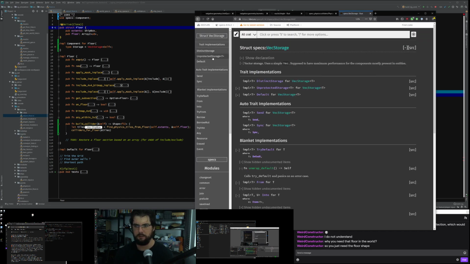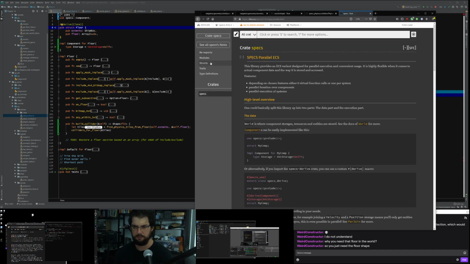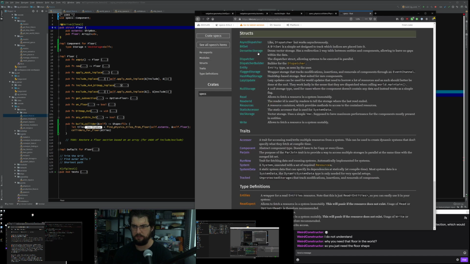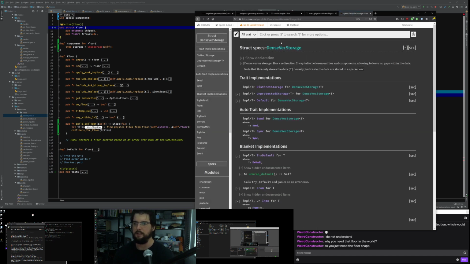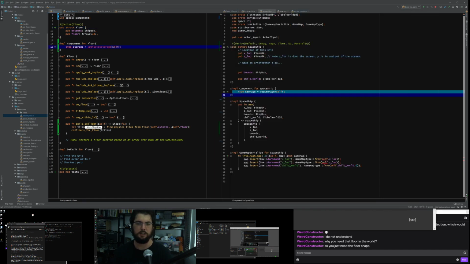And in here, I'll have a look at the different kinds of storage you can get. It's inside structs, and it's a different kind. It's called dense vect storage, and dense vect storage contains two vectors that allow the one which contains the actual data to be packed smaller. It's like a level of indirection. If you're interested in how that works, you can read up on it. But you sacrifice a small amount of extra data per entity, but you save some memory when components aren't used for every entity. At the moment, vect storage would be the better choice, but down the track we might have a lot of stuff in space other than the ships. That's my current theory.